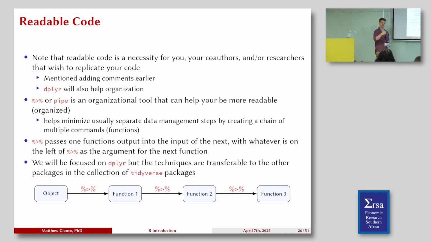So a lot of times, whenever you're doing different programs, you're first sorting. Once you've sorted, then you might merge. Or you might sort and then want to create means by particular groups. Those become different functions in the programs that you typically use. Here, we actually keep them all in the same chunk, as we sometimes call it. So that's where the piping comes in. It helps us organize and makes it a little more readable for what we're going to be doing.